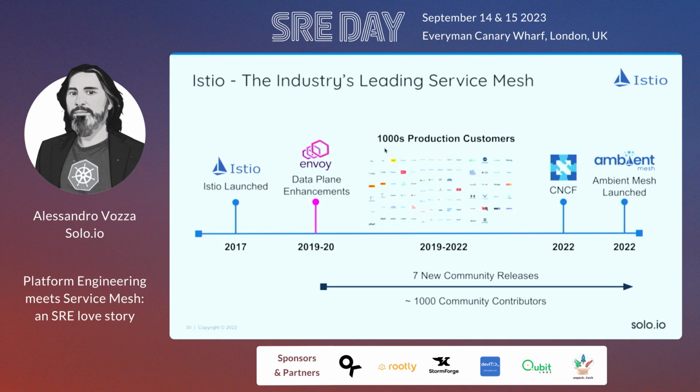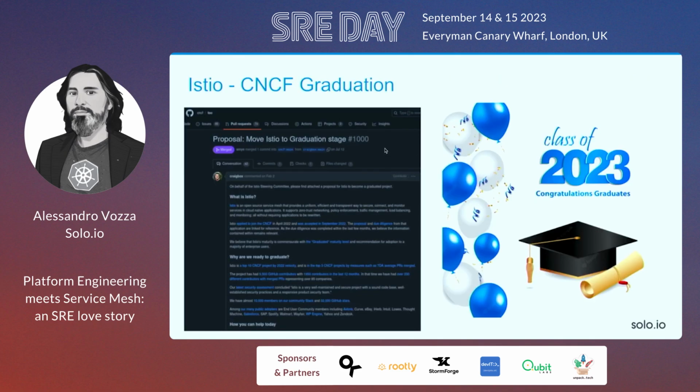That's the history. It launched in 2017, which is quite a long time ago. Eventually, Envoy was adopted. Envoy is this very efficient, very programmable proxy, also a CNCF project. Thousands of production customers, eventually donated to CNCF, and recently, literally last month, it graduated in CNCF, which means it is indeed production ready. It is one of the safest and